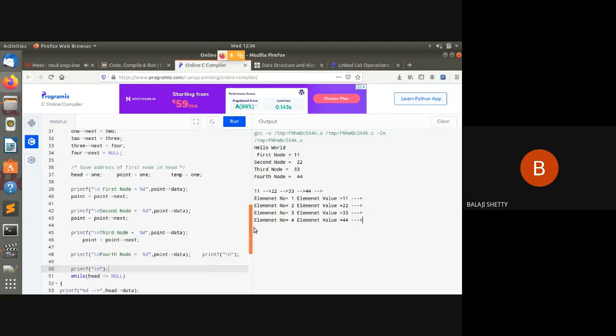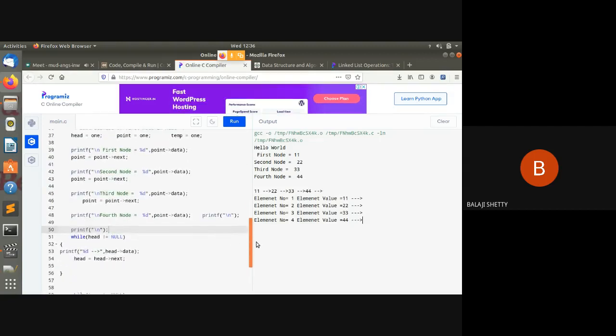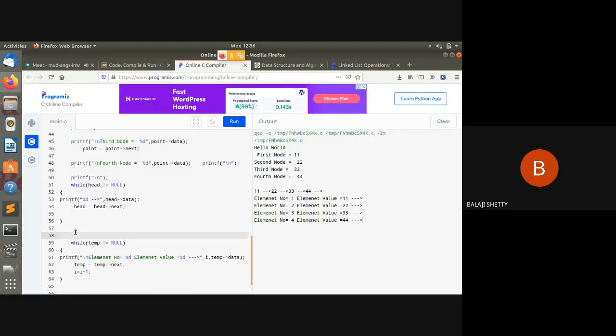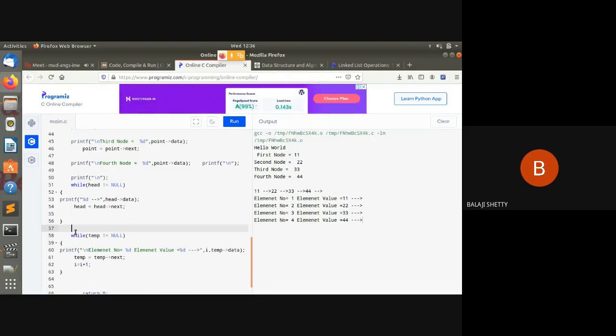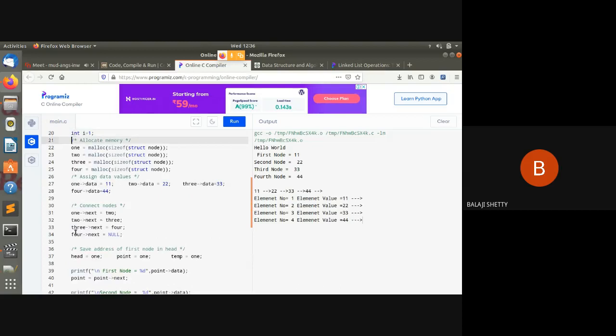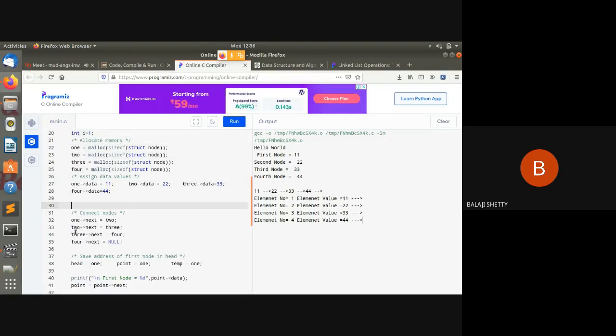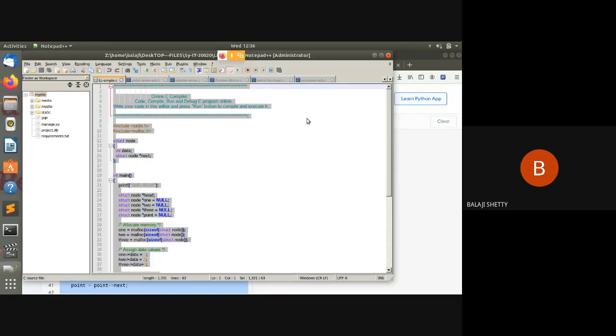Or you can take the input from the user also. Okay, here I am taking the static input, means I am taking the input in the program. So instead of taking the input in the program, okay, what you can do, simply write printf. Okay, I copy this code.